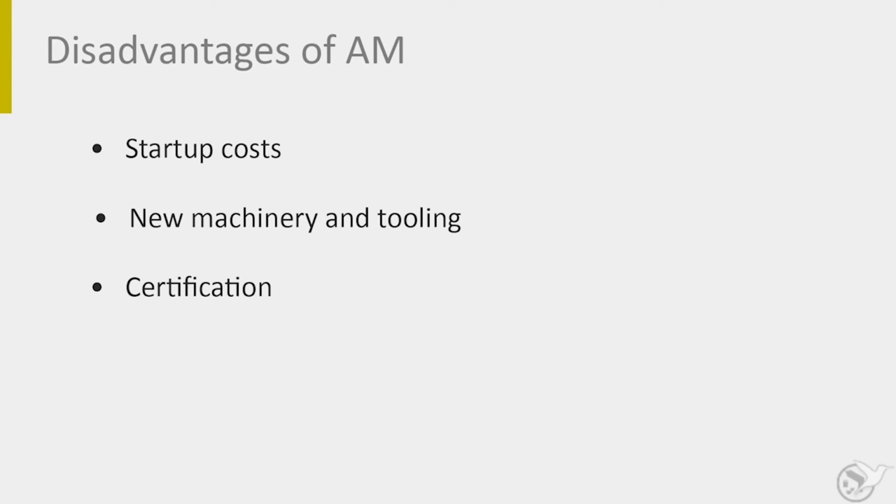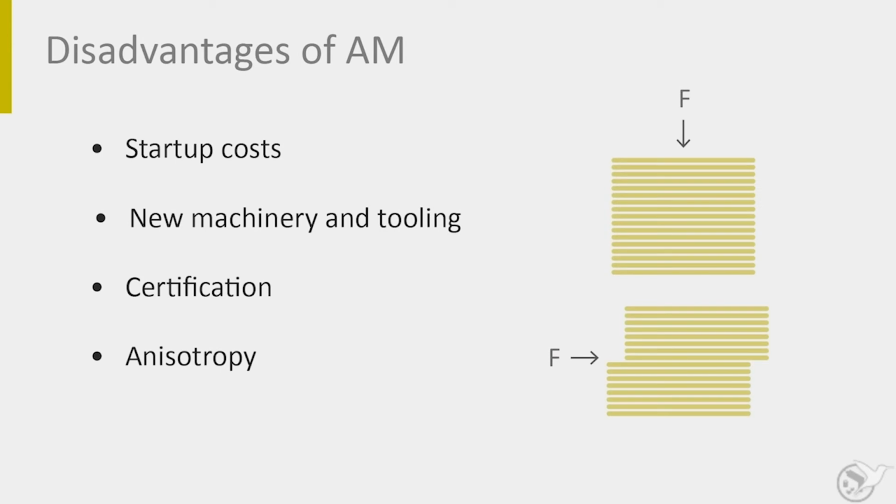Because additive manufacturing is so new, it will take some time to establish whether these various 3D printing techniques are safe to use for different types of aircraft structures. And depending on the process, parts may have some anisotropy due to the way that layers are built up. Though this isn't strictly a negative quality or disadvantage, it does, however, need to be considered when designing a component.